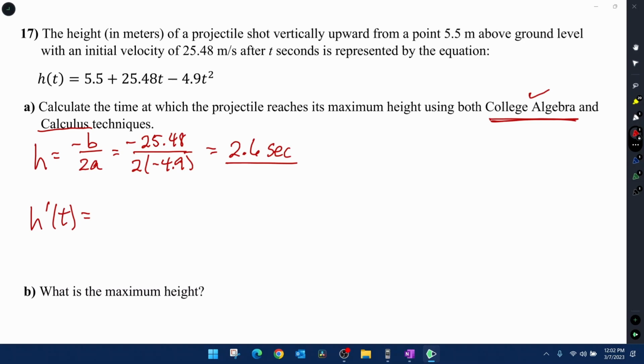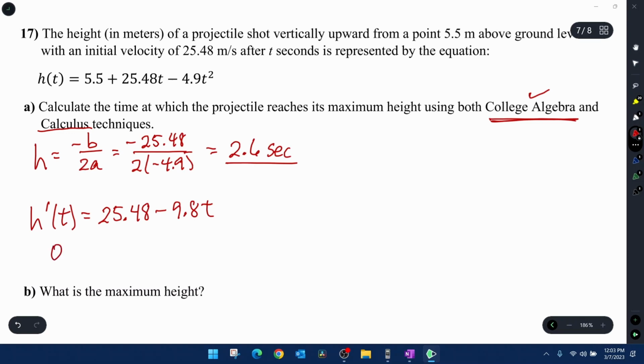All right, help me out here. Taking the derivative of a constant? 0. The derivative of just a t? Does he just lose his t? Yeah. And then the derivative of, well, here we're going to have to use the power rule. 9.8 t, set it equal to 0, and solve for t. So we'll have 9.8 t equals